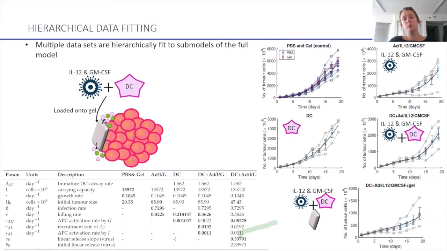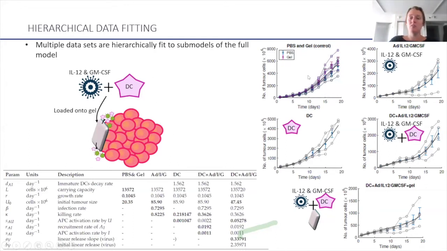But a different example, instead of doing all the data sets at the same time, is to break down the experiments in the data sets and do sub-model fitting. So here's another applied example, where we've got a virus that's expressing these 2 cytokines, IL-12 and GM-CSF, and it's also put into a treatment with dendritic cells and loaded onto a gel. So the experimentalists